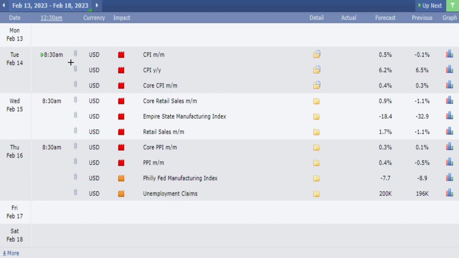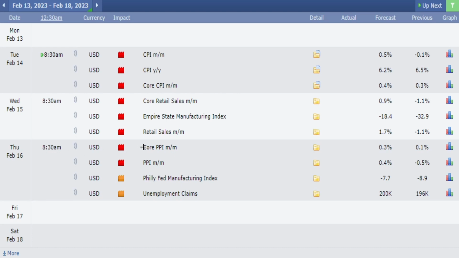As you can see, all the high impact news releases, and medium impact news releases included too, come out at 8:30. So every day I will be in front of the charts at 9:30 a.m., not later and not earlier. On Wednesday, we have core retail sales and two other high impact news releases. Also, wait for the manipulation to come and trade the real move at 9:30.